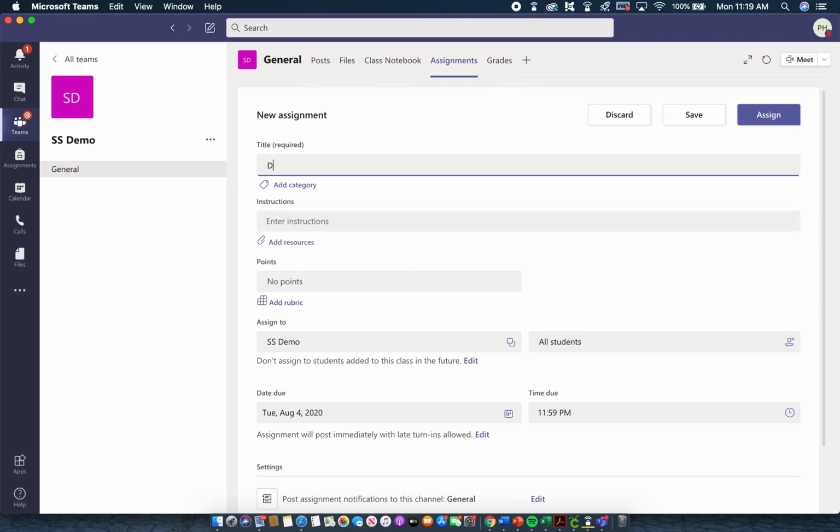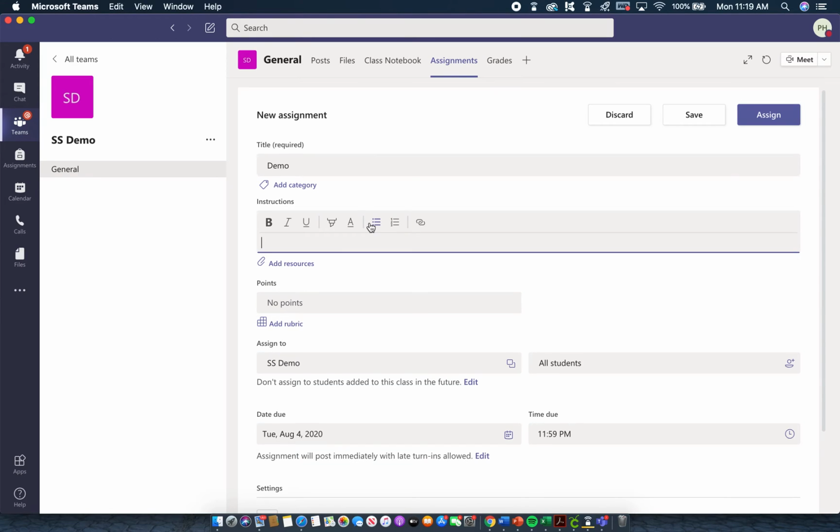I'm going to title it demo. Instructions: fill out the attached PDF and turn in. You can give them whatever instructions you want. Remember, if you are more tech savvy and you want to turn that PDF document into a Word document,